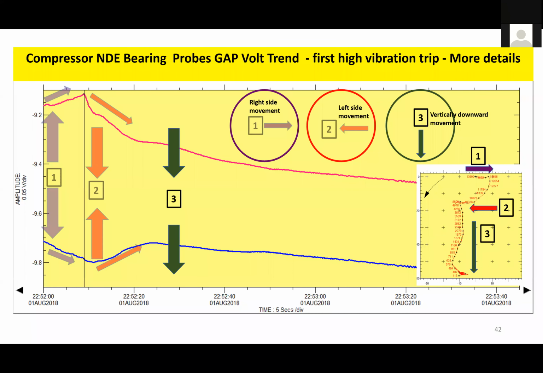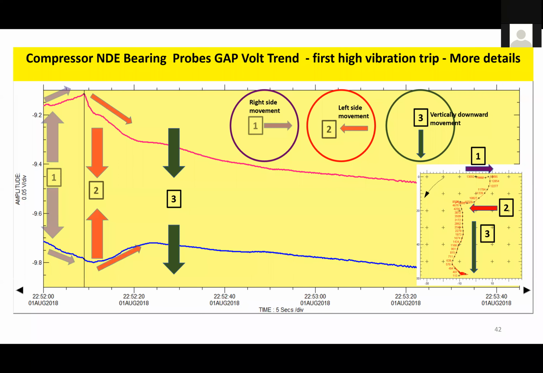So this is how the shaft center line plot can be converted into a gap voltage plot. They are presenting the same information, one presenting the data in one way and the other in another way. So they are complementary to each other. But this is good information because most of the people are used to looking at the shaft center line plots only. Most of them are not accustomed to using these gap voltage trends.